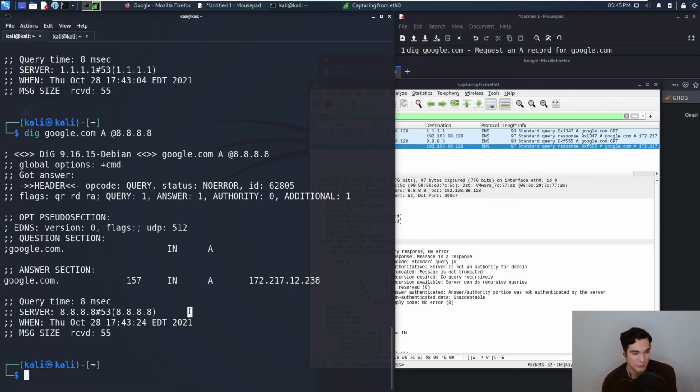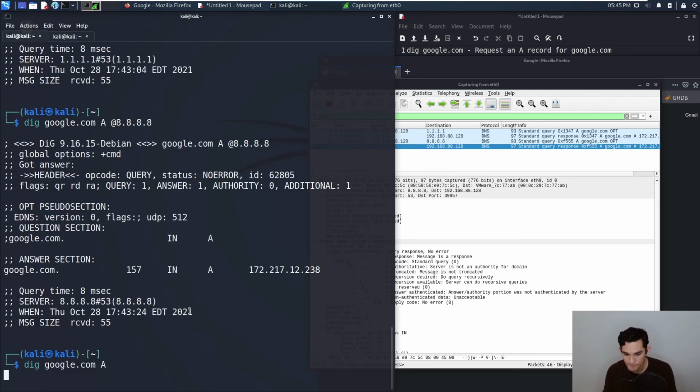Another reason why you would change your DNS resolver is, like I said before, concerns about censorship or concerns about malicious attacks from the resolver. Those are all reasons why you might want to use a different DNS resolver. And you can change these settings. You have to change these settings system-wide if you want to make it permanent. So when I did this request here with 8.8.8.8, that's only good for my one request. Any other requests that I make, if I take this out, it'll go back to use my default.